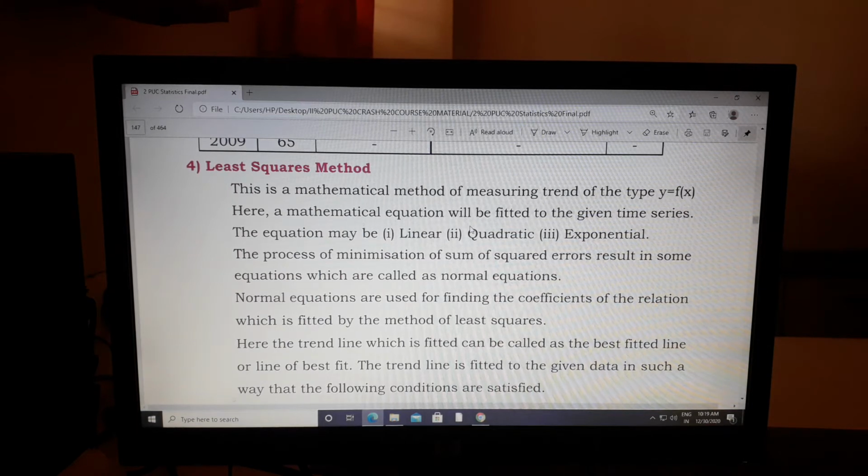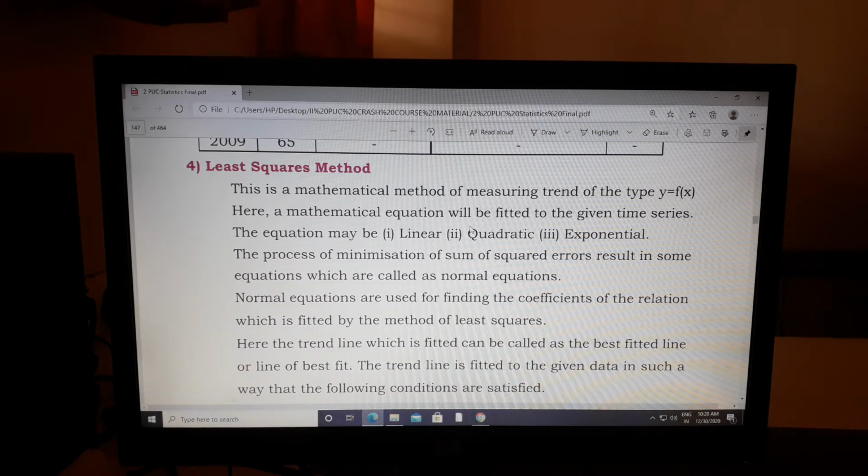Even errors also, how we found them in terms of normal equations: in y equals a plus bx, a and b we don't know because they are the constant values. Y is the actual value and x becomes the time point. Clear? Now if you convert these in terms of squares, and you find any errors between the actual and the squared values, to minimize that, we convert it in terms of equations. Those equations are called normal equations.